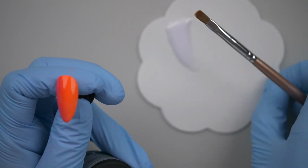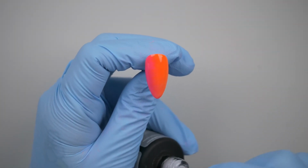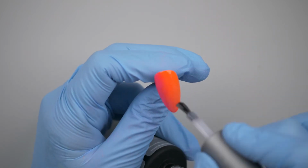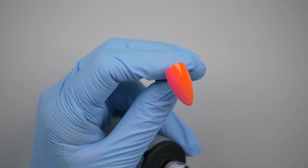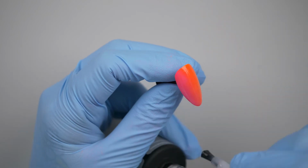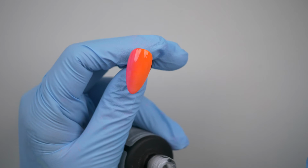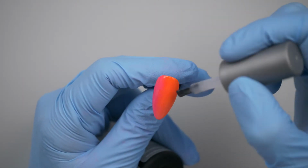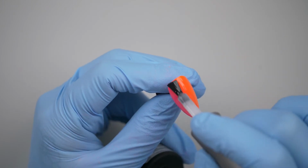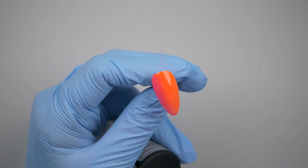I'm just going to move this out of the way so it's not focusing on that. So I'm going to go back to my milky white and do a really, really thin layer. So now you can just kind of scrub it on because you're not going to worry about disturbing the pigment now, because you've already got that sort of base layer on there. So we can do a really nice thin layer,